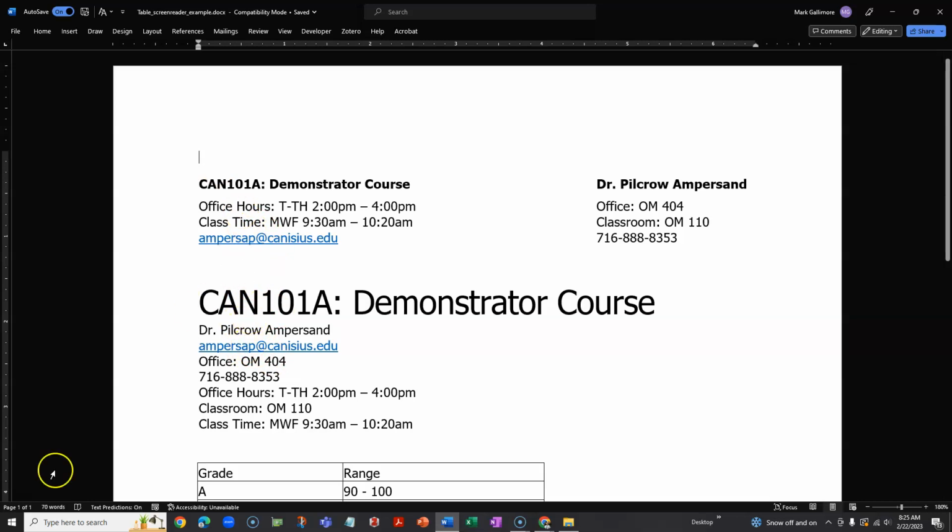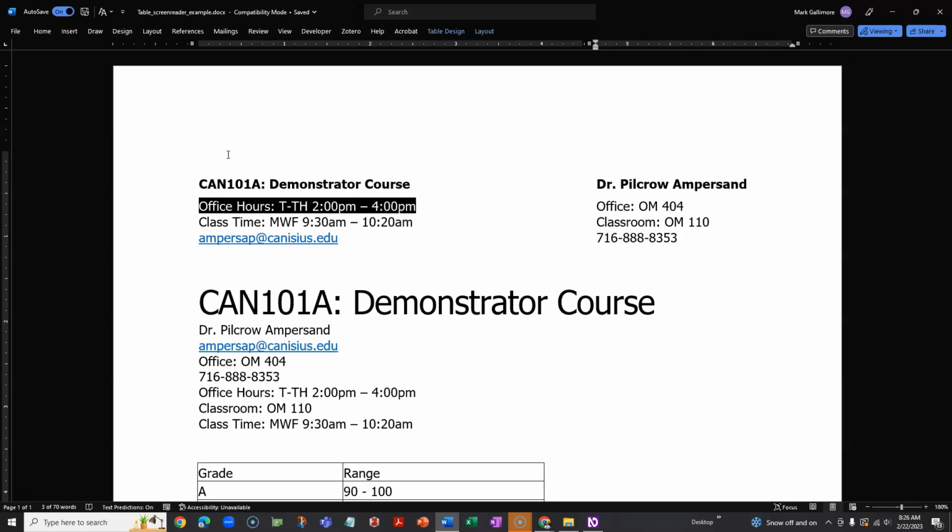Table with 4 rows and 2 columns, level 1, row 1, column 1, CAN 101A, demonstrator course, column 2, Dr. Pilcrow ampersand, row 2, column 1, office hours, TTH 2 p.m. to 4 p.m., column 2, office, OM 404, row 3, column 1, class time, MWF 9:30 a.m. to 10:20 a.m., column 2, classroom, OM 110, row 4, column 1, link ampersand at canisius.edu, column 2, out of link